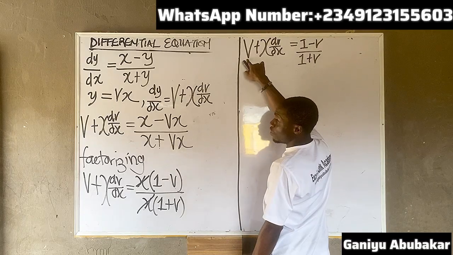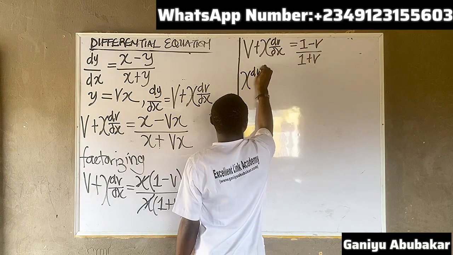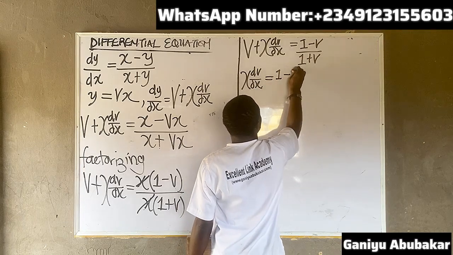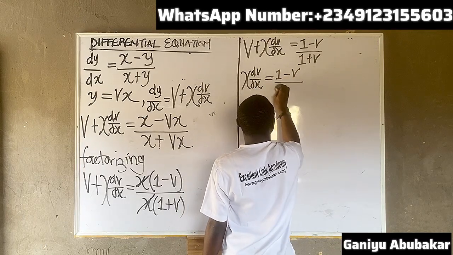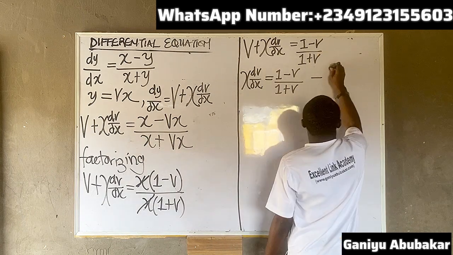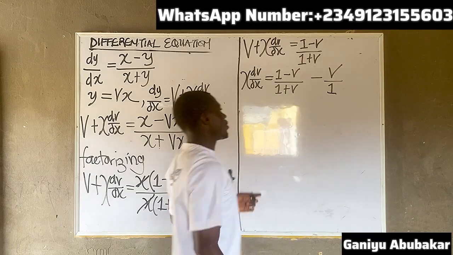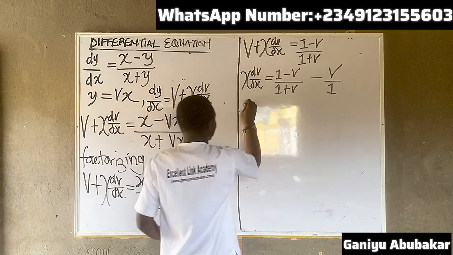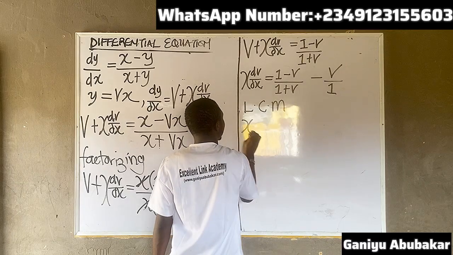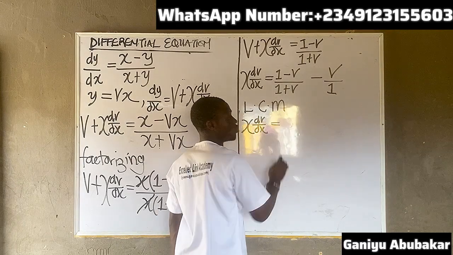We said take this v to the other side, that gives you x dv over dx equals 1 minus v over 1 plus v minus v. This one comes with 1, minus v over an invisible 1. All right, take the LCM. That gives you x dv over dx equals